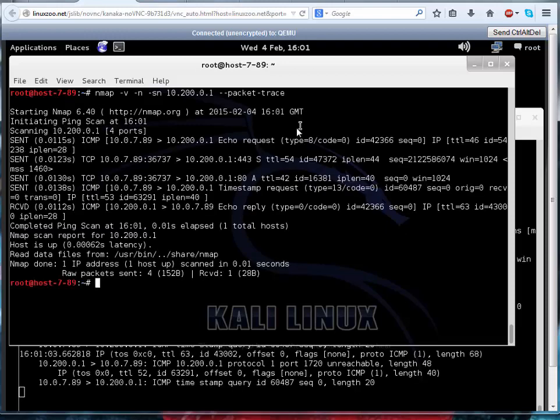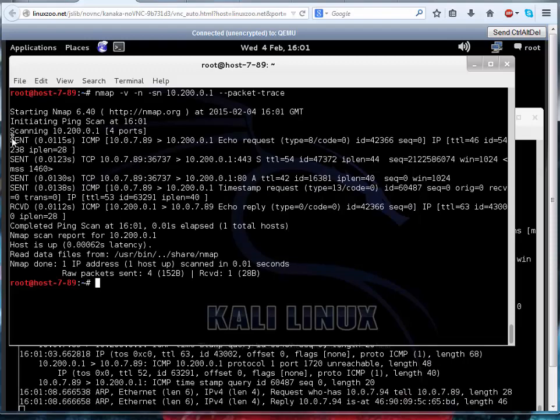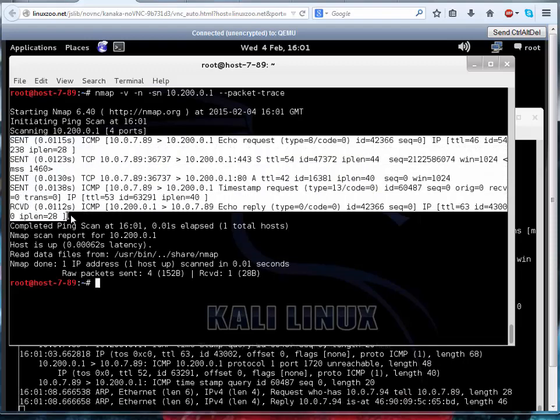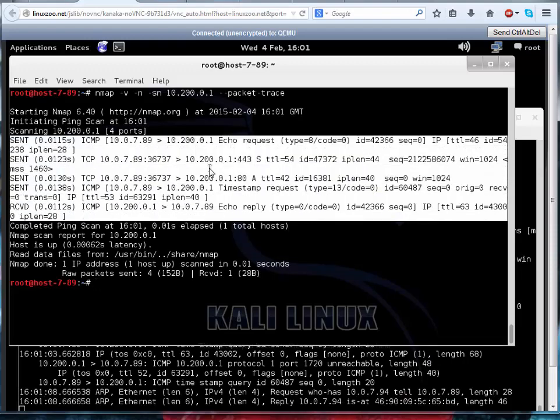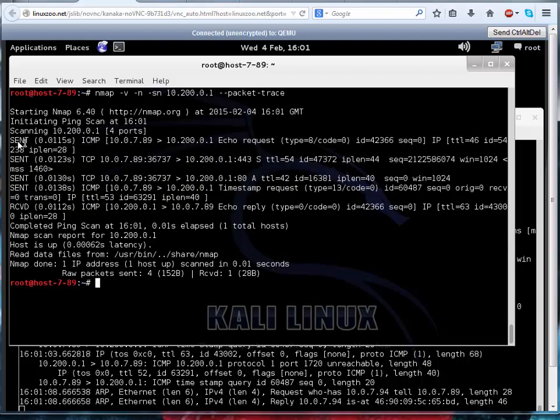Okay, so what packet trace does is it actually gives us all of this extra information which you would not normally get, which basically tells us the type of packets it's sending to the target. So in this case, it's sending the 4 standard packets, which it does for host discovery. So if we send this across an entire network, it would send these 4 packets to every host to check